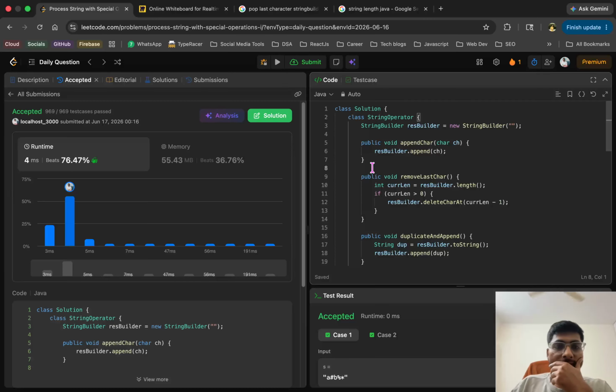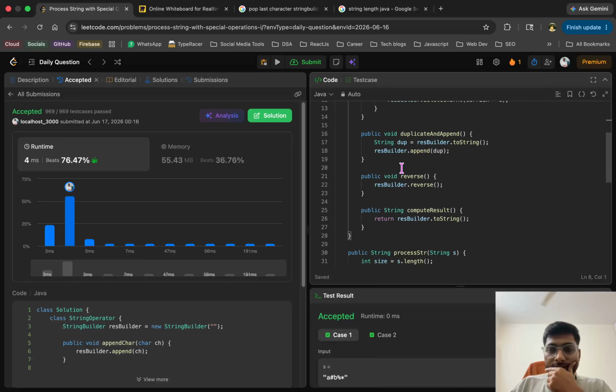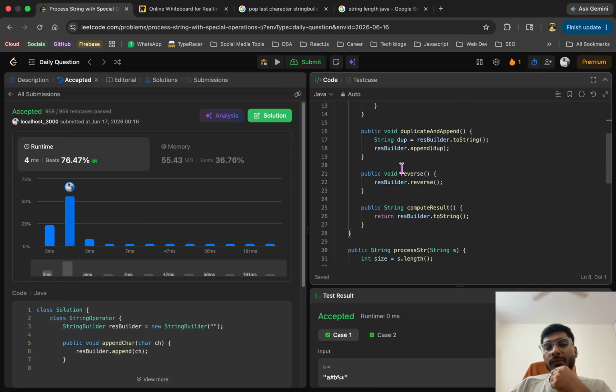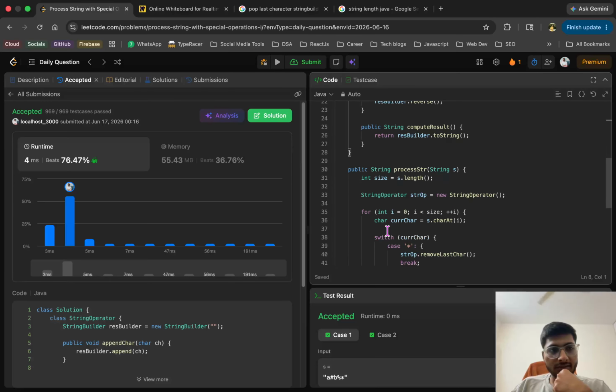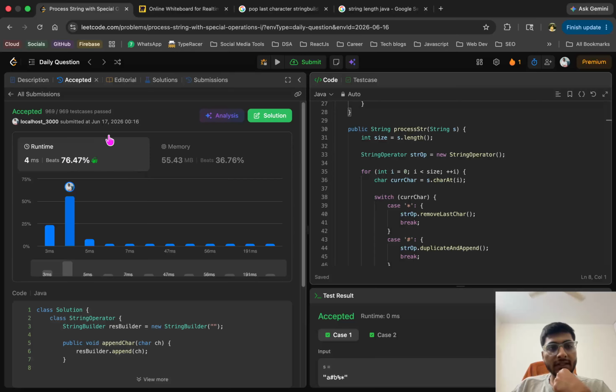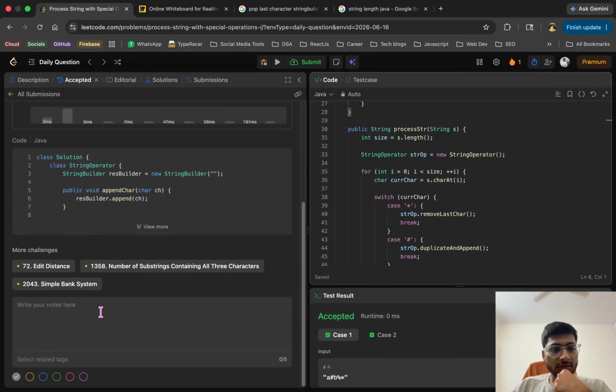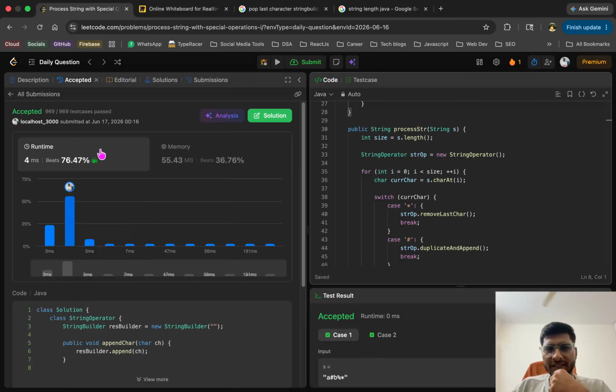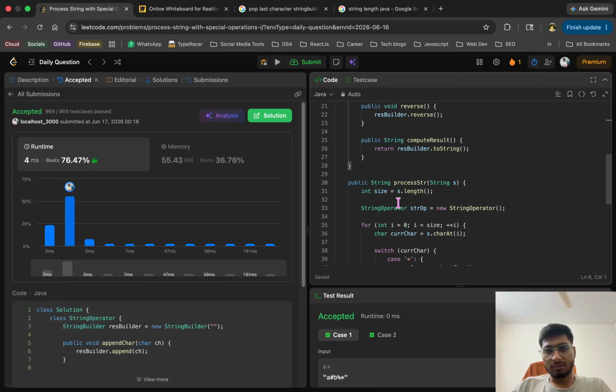Oh my god. So this simple if else check has improved the runtime from what was our earlier, I think, 53 ms, now it became 4 ms. Oh,